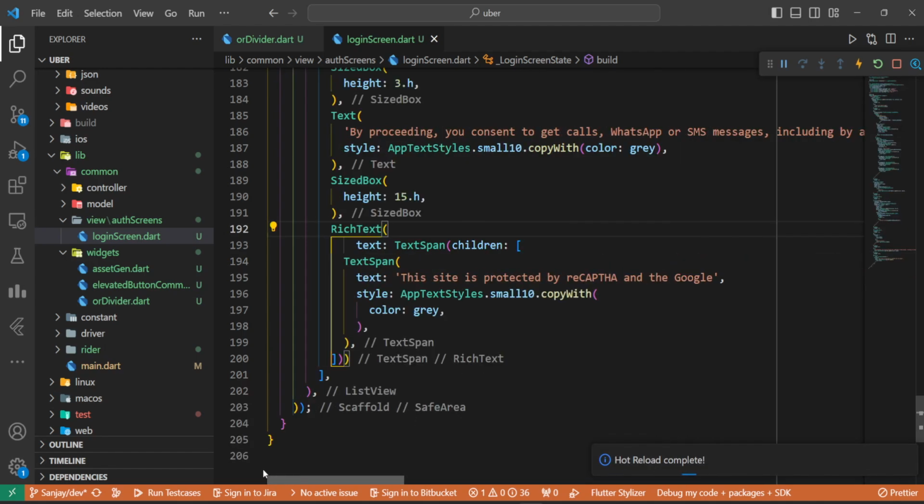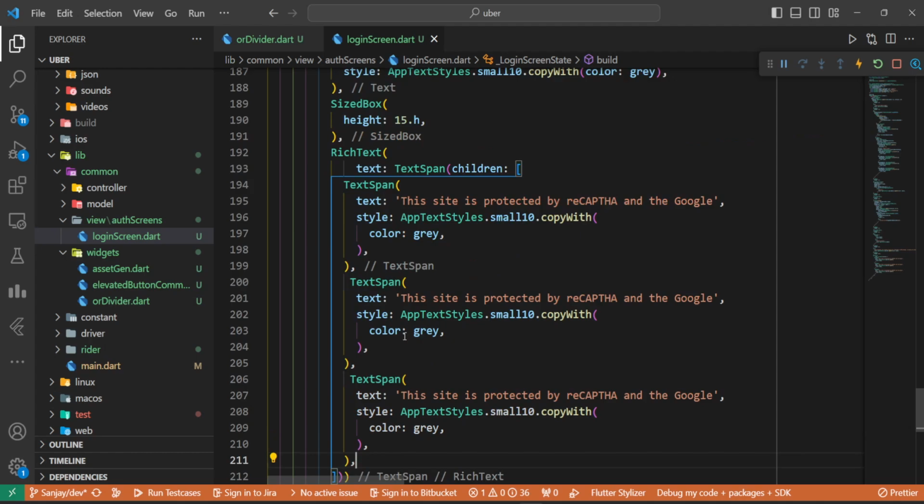Let's save it. Okay, we will simply copy this TextSpan,